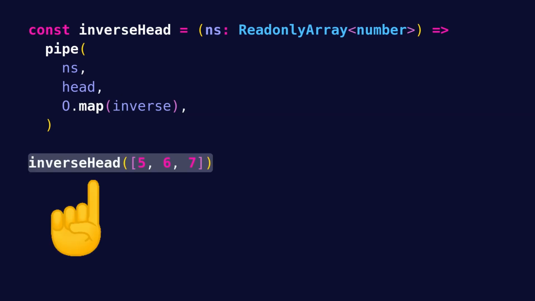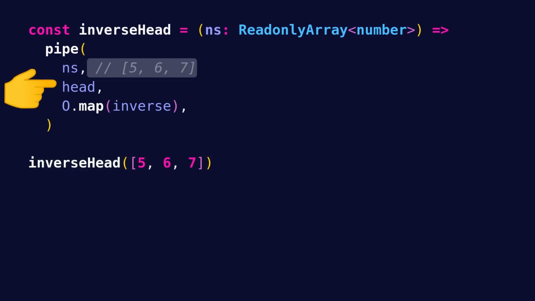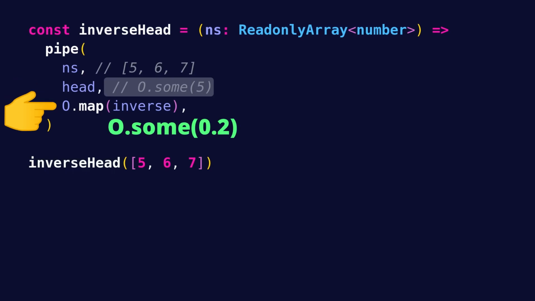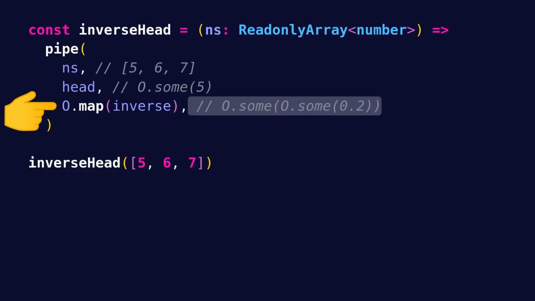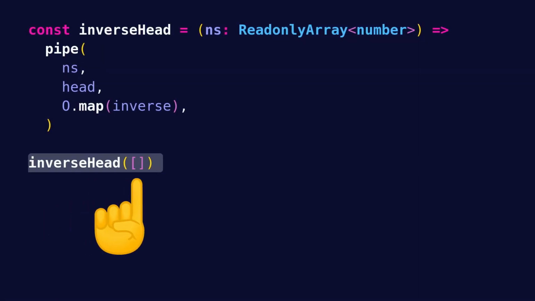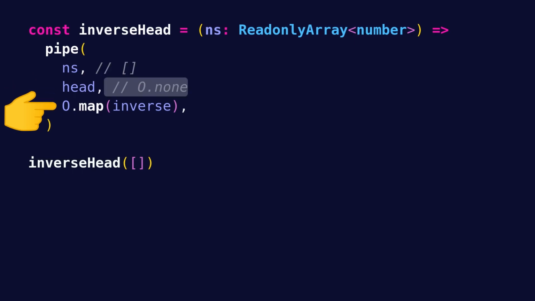So if we call inverseHead with an array that has 5, 6, and 7, we would first pipe that array into head, which returns some 5, and then map that 5 into inverse, which returns some 0.2. So we would end up with some some 0.2, which is a nested option. If we call inverseHead with an empty array, we would pipe that empty array into head, which would return none, and then do map on none, which would return the none back since there's nothing to map.